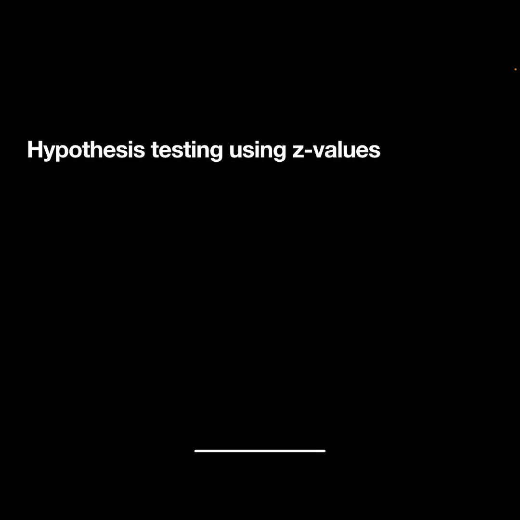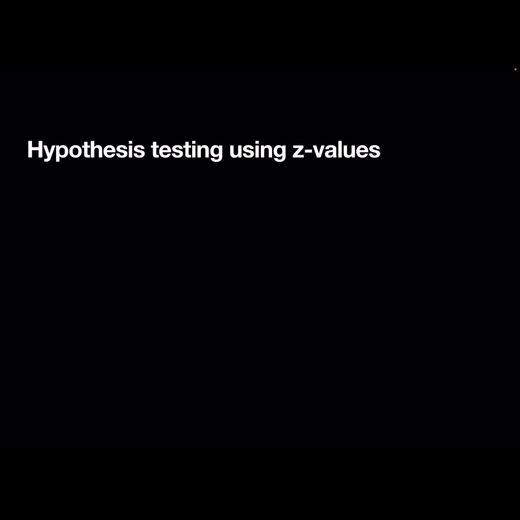Hi, in this video we're going to take a look at methods for carrying out a hypothesis test. There are three methods that we know of. The first one is using z-values, the second using the confidence interval, and the third using the p-values. So in the first method we're using the z-values, and in order to carry out hypothesis testing using this method,